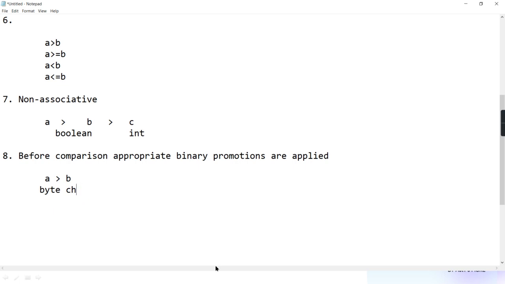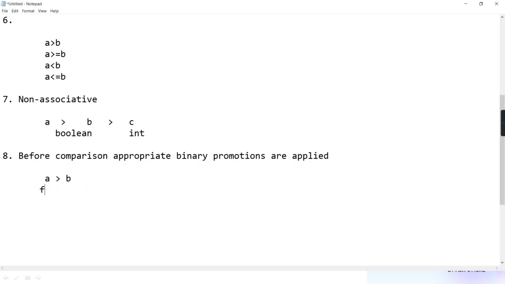Anyway, if one is float and another is byte, then both will be promoted to float, which is already float. You should remember the possible results are only four: either int or long or float or double.